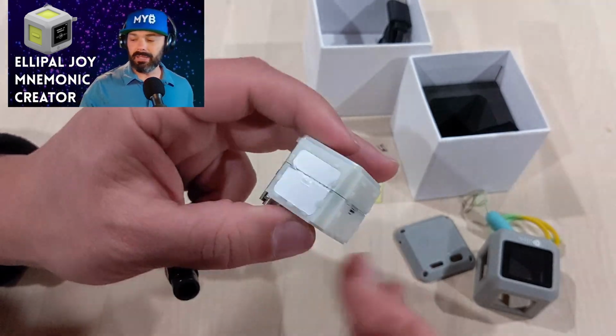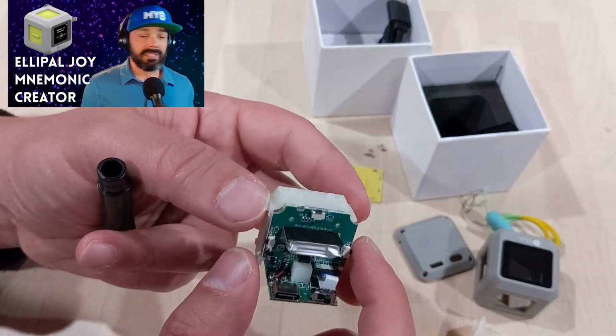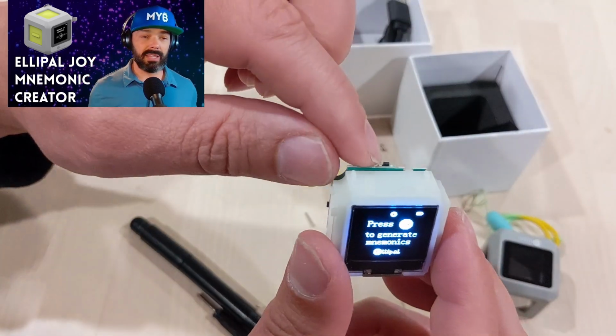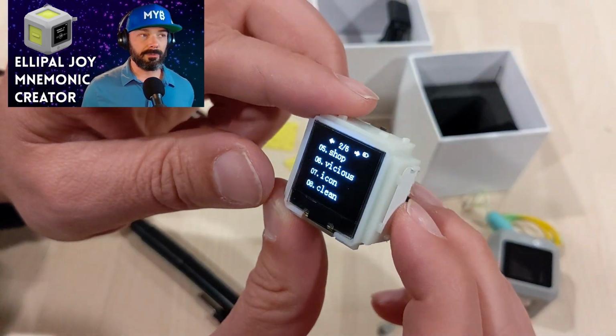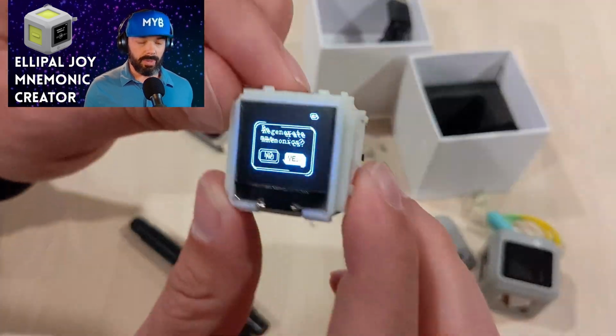But yeah, they have an FAQ on the website, and it comes in one color, a little sort of greenish yellow you see right there along the edges, and the rest is a little gray. It's like the companion cube from, say, the Portal series of video games, but it retails for $49.90. It's a fun little device, and while I would not have gone out of my way to get one,